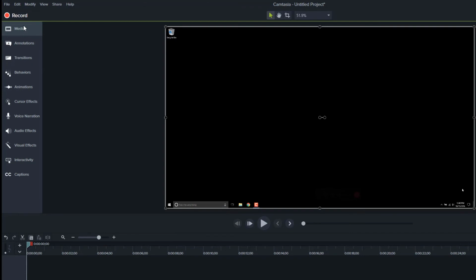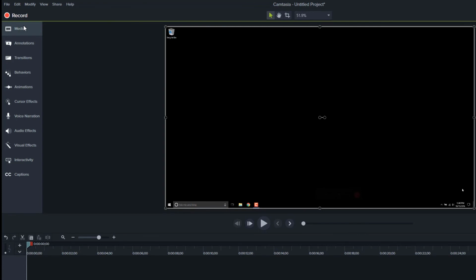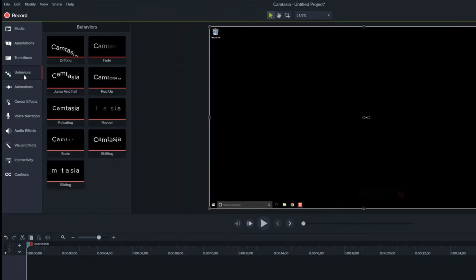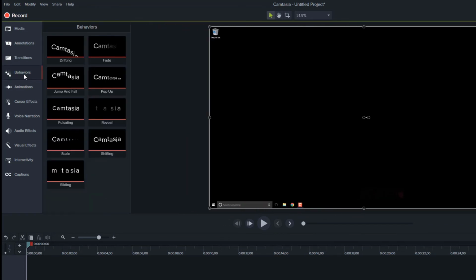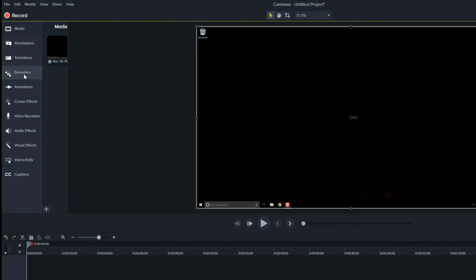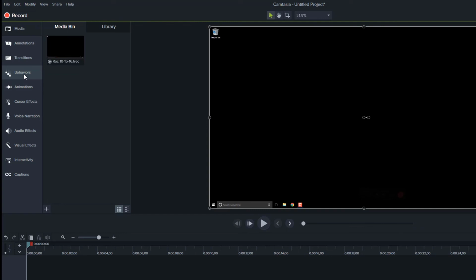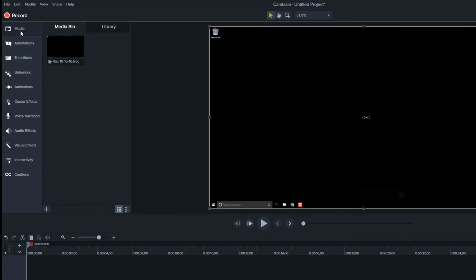Another thing I can do to collapse, if I prefer the keyboard shortcuts, is Control and the number 1. So if I use Control and the number 1, it opens and closes. If you like those keyboard shortcuts, it'll open or close whatever the last tool was that you used. So if I go down here to Behaviors, and then I close Behaviors, and I do Control and the number 1 key, then Behaviors comes open rather than Media. But again, if I just hit B for the media bin, it comes open that way. Control 1, and it collapses it. For now, I'll leave the media bin open.